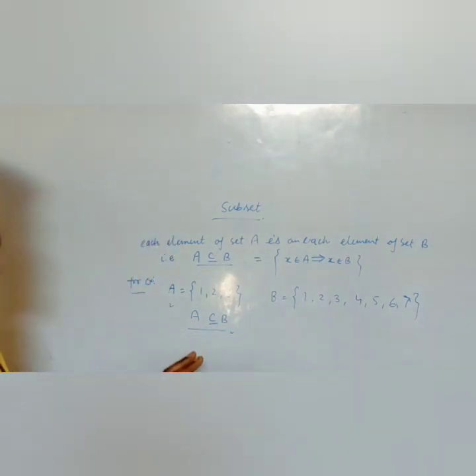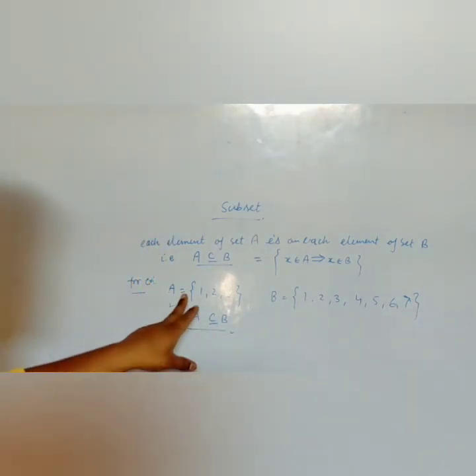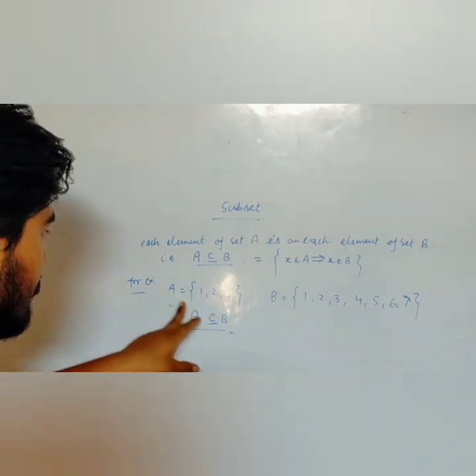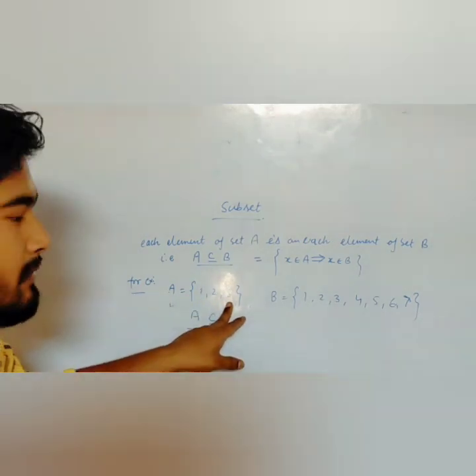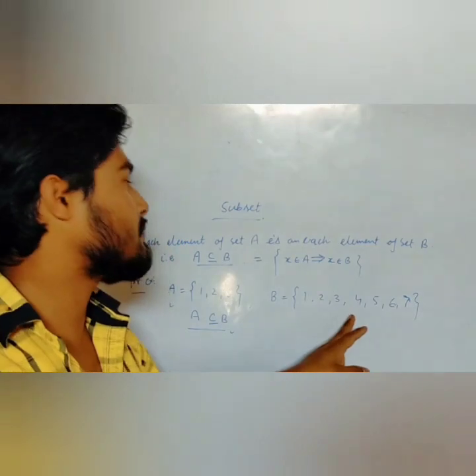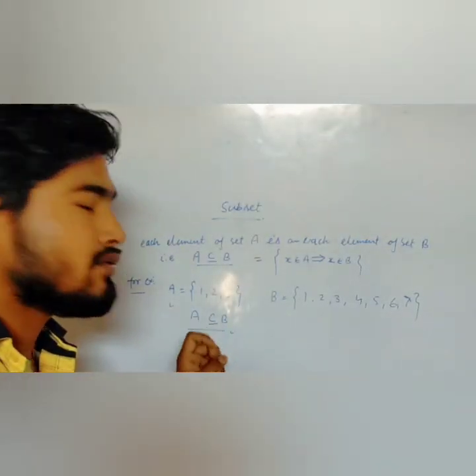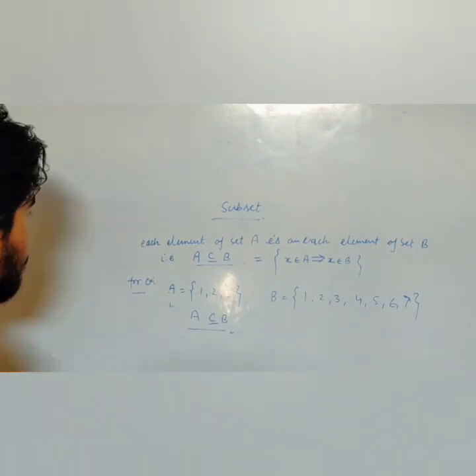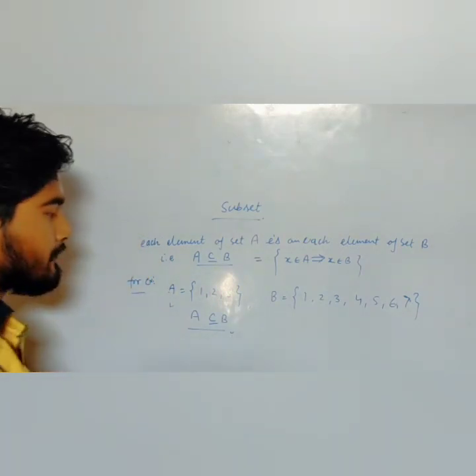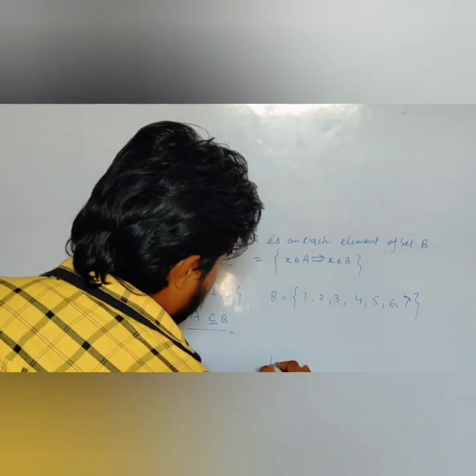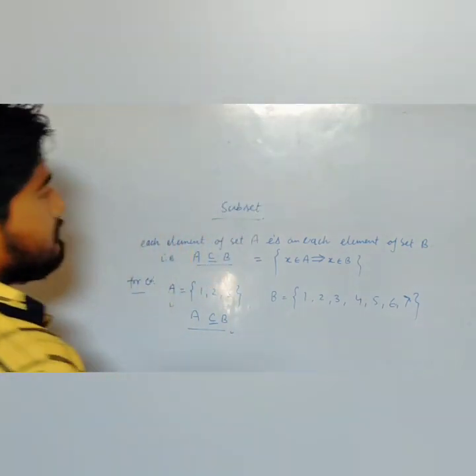Okay, we explain in Hindi. जस्ट इस सेट में आप देखिए कि 1, 2, 3 आप इस सेट में पा रहे हैं, इसी को ही आप बी सेट में भी मिल जाए आपको, तो वहाँ पे हम ये कह सकते हैं कि ए जो होगा वो बी का सबसेट होगा. ओके, दिस इज द सबसेट. एंड नेक्स्ट